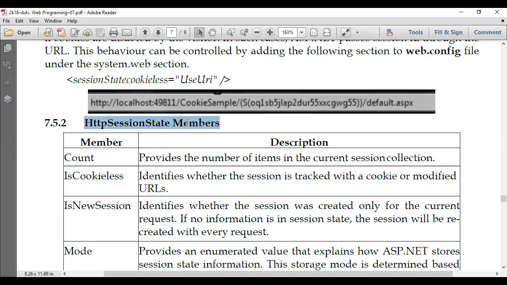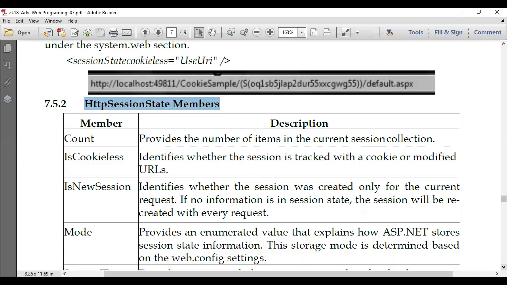So HttpSessionState members means this particular class has some properties and methods that we are going to learn. Why is it written as a member? Because these are not only properties, there might be some methods. This is a property because there are no parentheses. The Count property, that means Session.Count, provides the number of items in the current session collection.